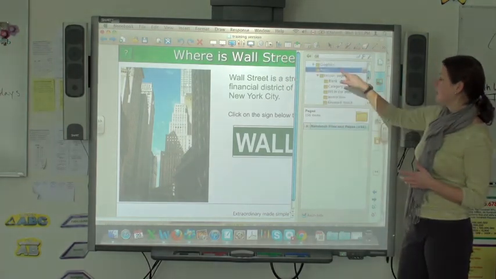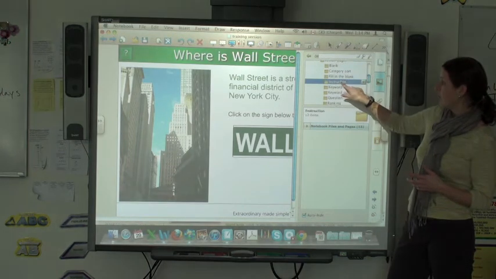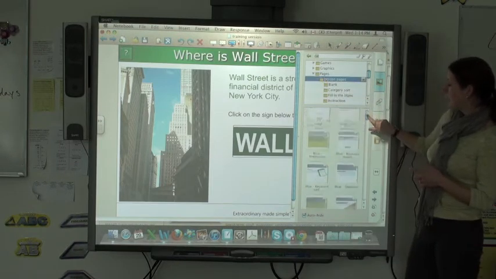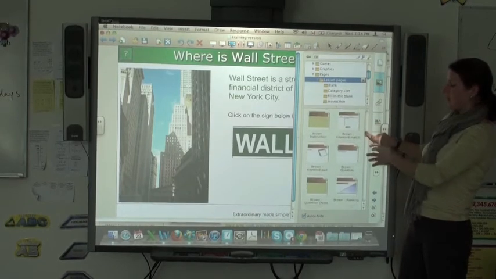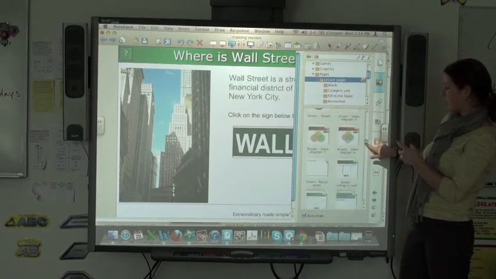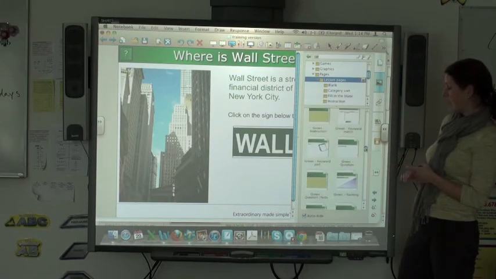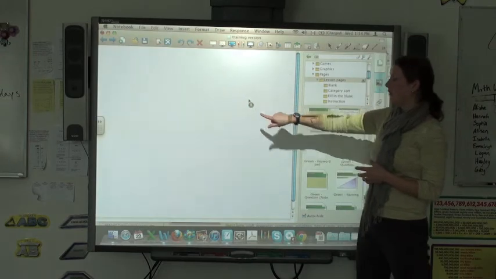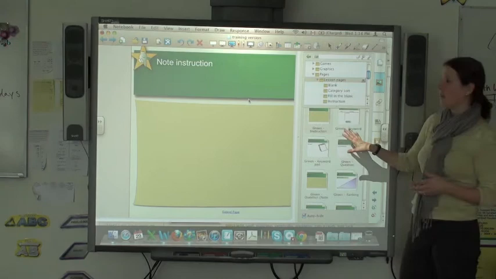So within Pages, I look under Lesson Pages, and I can pick any of these. Actually, let's go and see all of them. Along the side, they have in all sorts of different colors things that you can use to build a page like this. It doesn't really matter what color you like, but you can grab anything and just drag it over here, and it'll insert a new page. And so here's an example of a type of page that's already in the gallery that then you can